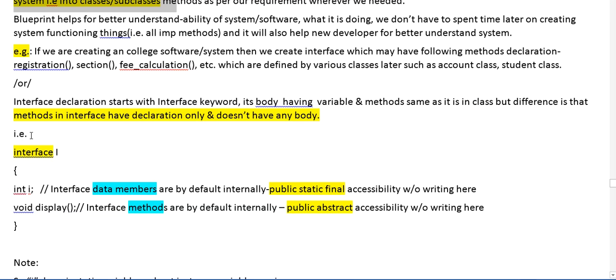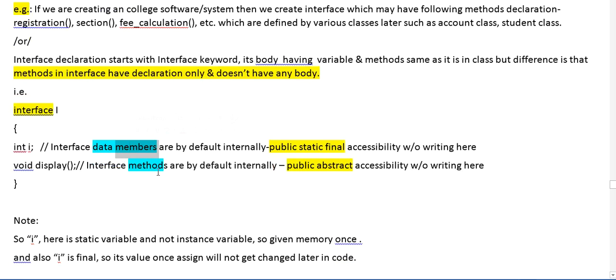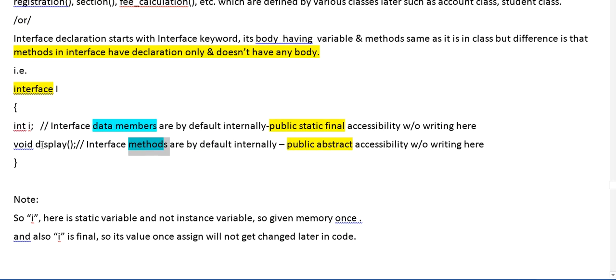How it is declared: interface, then the interface name I, and then we will have various data members or methods. The main thing about an interface is that by default the variables, or data members, are internally public static final, and the methods are by default internally public abstract.